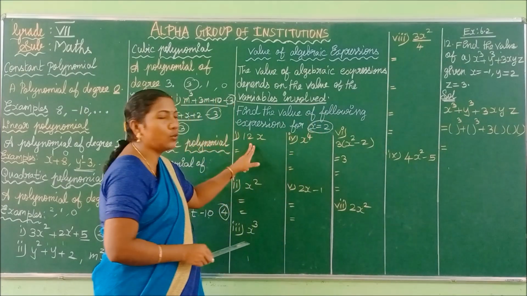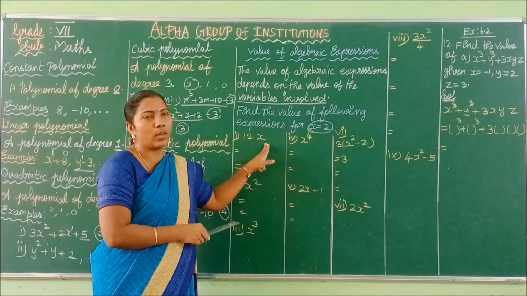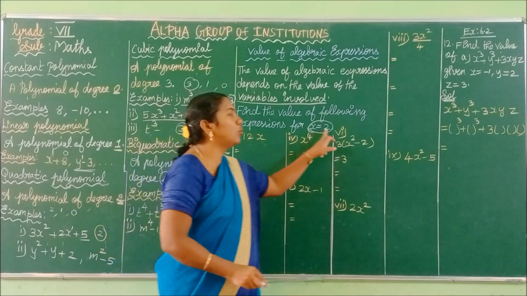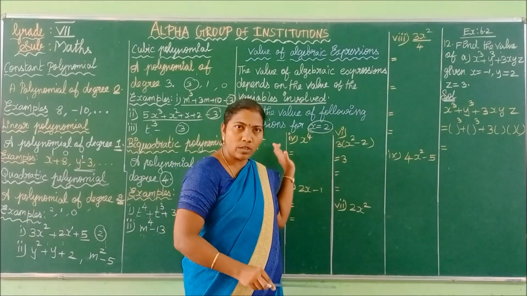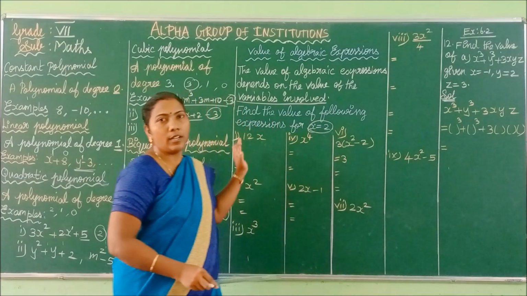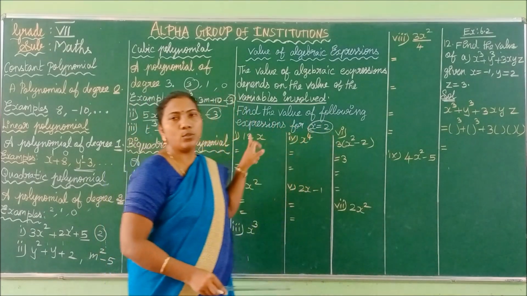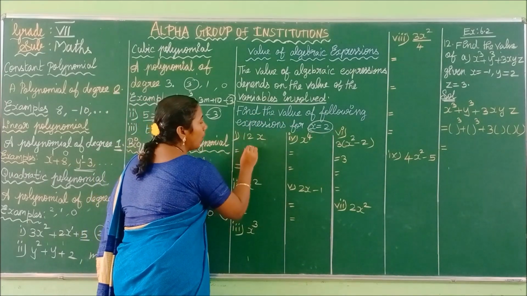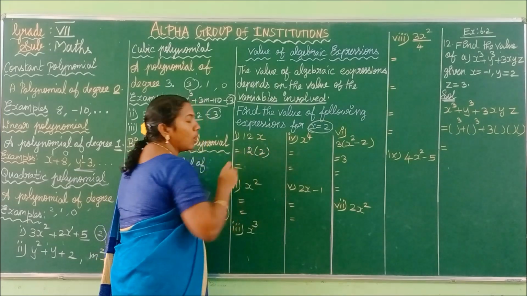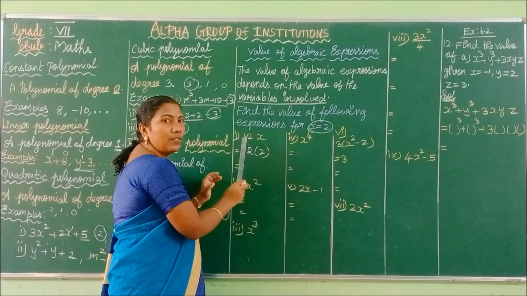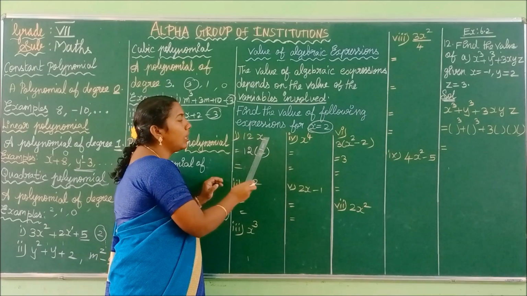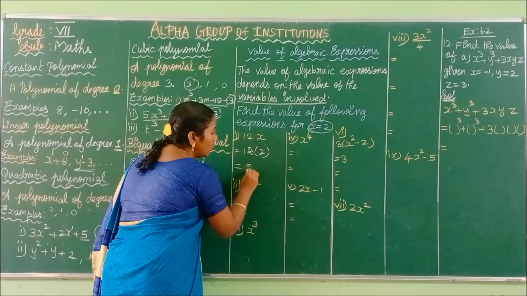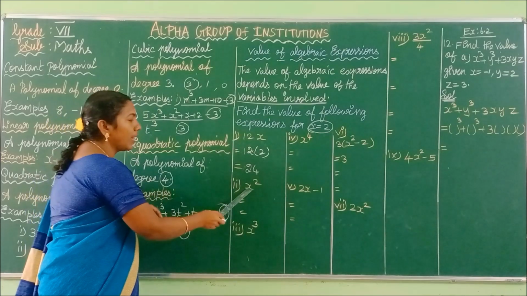I hope you understand. See the first one, 12x. It is very easy, children. Listen carefully. Instead of x, you have to substitute 2 only, because in the question they have given 2. If they give minus 1, you have to write minus 1 instead of x. If they give 10, you write 10. If they give 5, you substitute 5 instead of that variable. Before that, you have to check what the operation is between the number and the variable. Here 12 and x are in multiplication. So you multiply 12 with 2. What is your answer? 24.